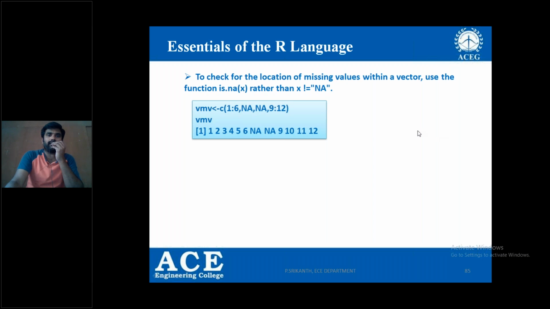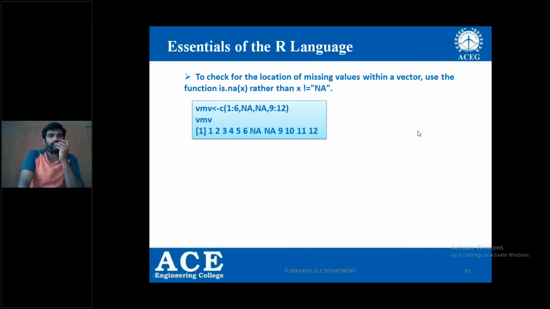Yeah, and at the same time, for example, a probability density function is defined. Let us use a Gaussian density function. The representation of the Gaussian function can be done by using a vector. If any unknown values are there, those values will be represented as NA, right?